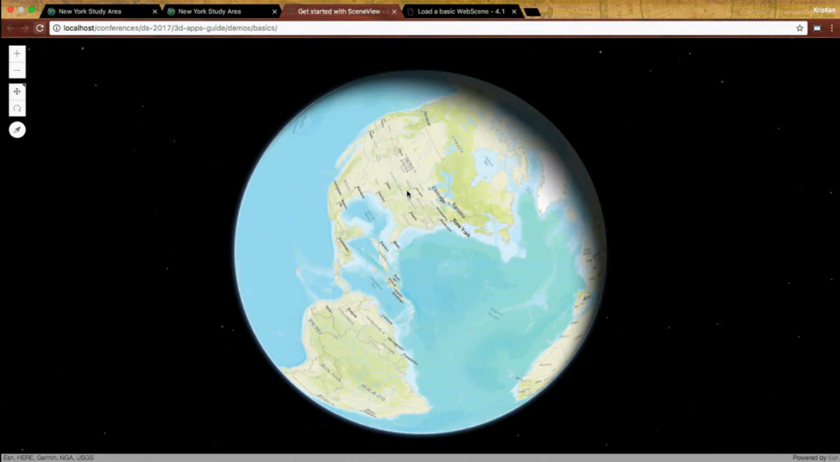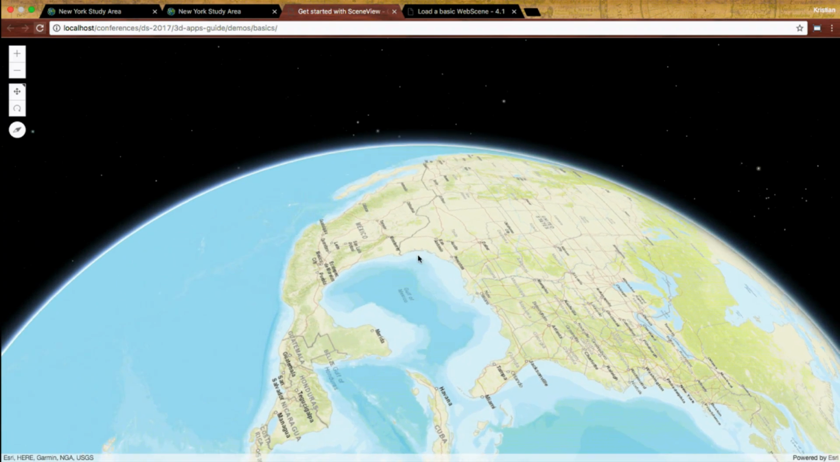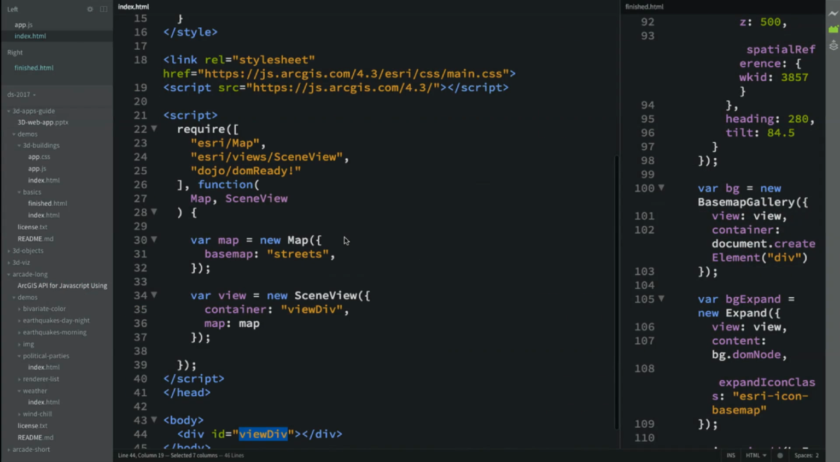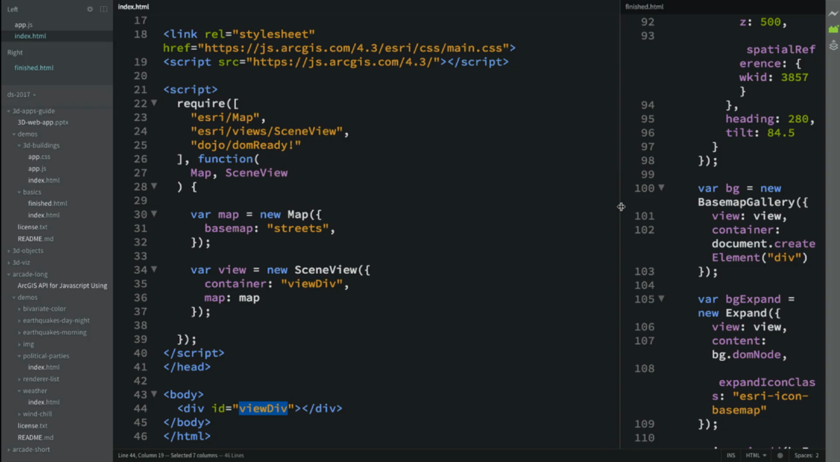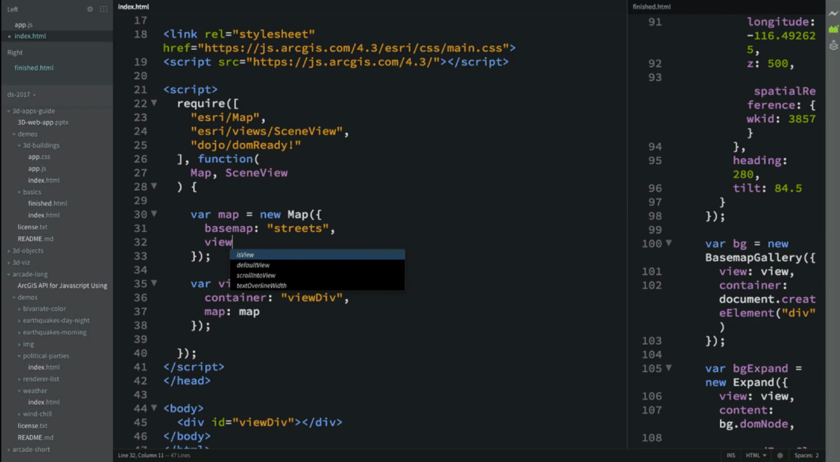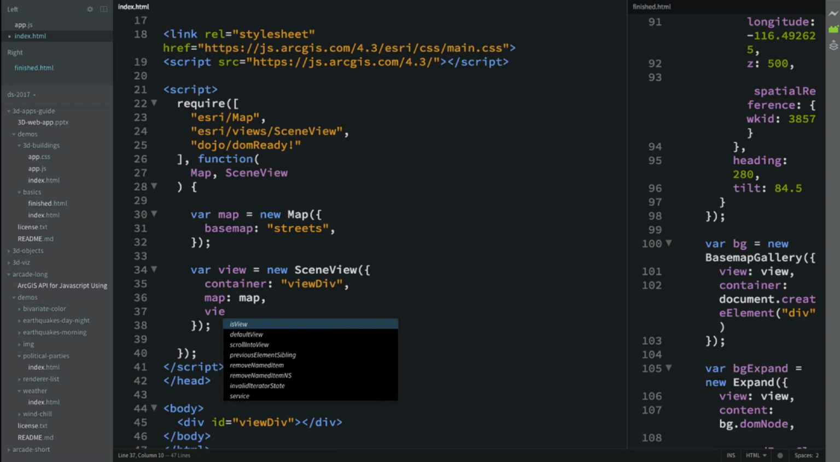So if we take a look, this is what you get with that code. Just a basic 3D view of the world. So let's go ahead and change it up a little bit. Let's change it to a local scene and see what that looks like. So that's not going to be in the map. That'll be in the view object. So viewing mode,